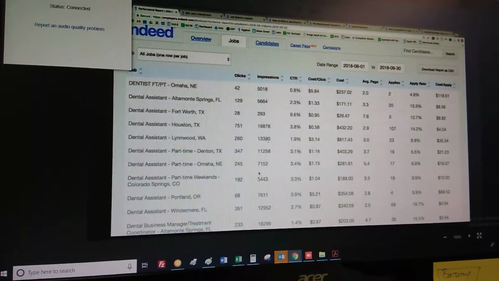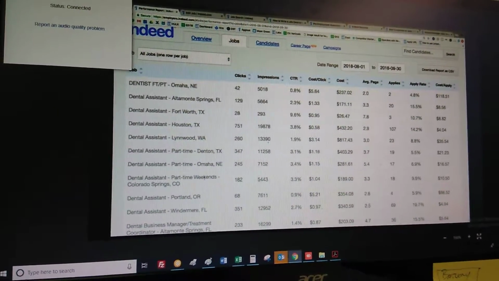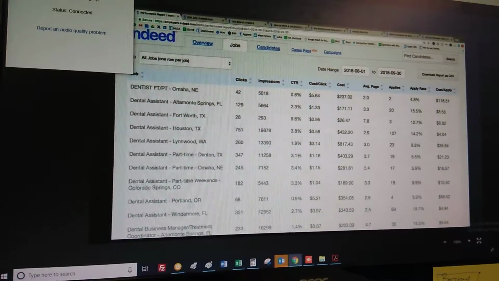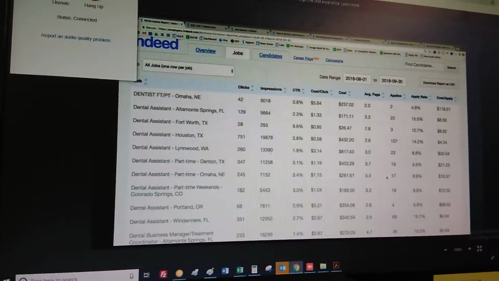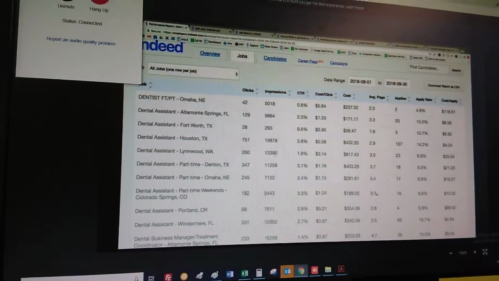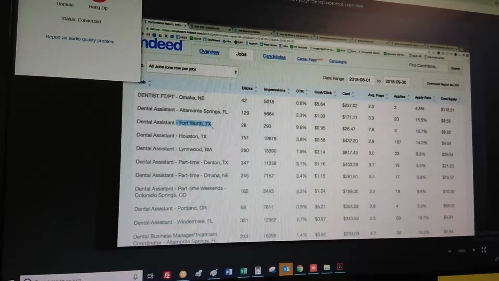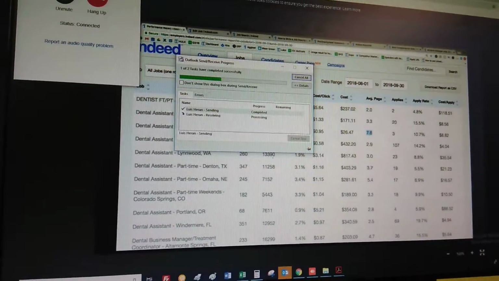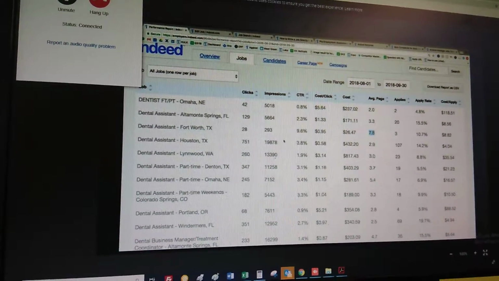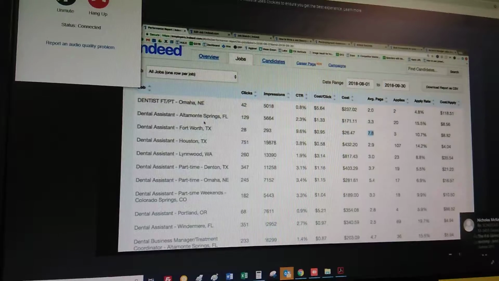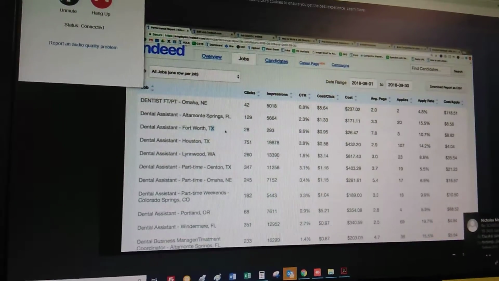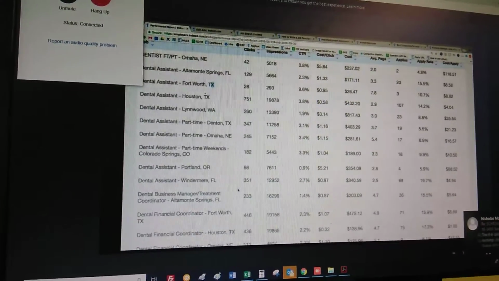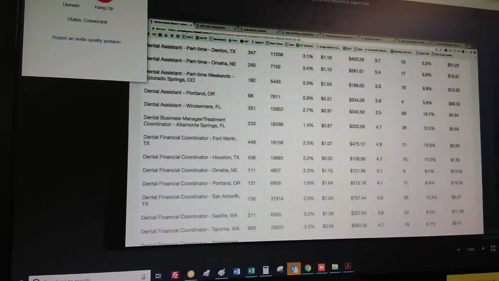So for a role like this, people will be spending a little bit more behind the job. But I did this with her just the other day. We had a job that was, for example, just like this Fort Worth job. It was popping up really far back in the search results. We took a look at it, and her daily sponsorship rate for this particular job was $15. I don't think it was the Fort Worth one exactly, but